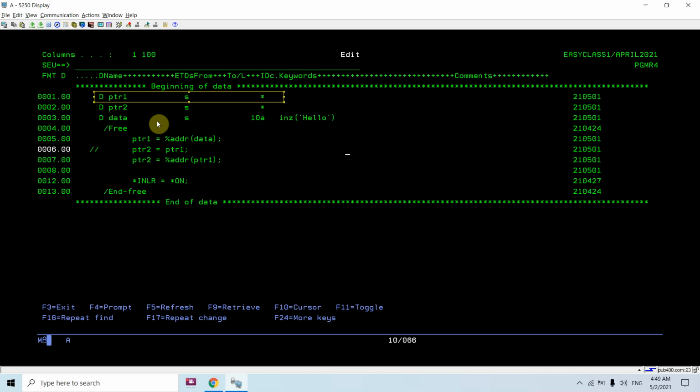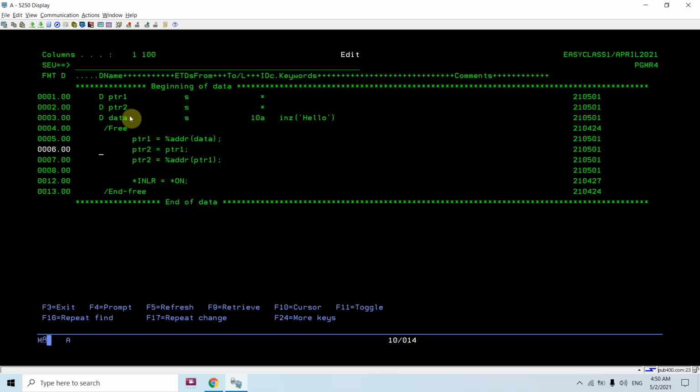Now that memory location also has some address, so that address gets stored into ptr2 using the %addr built-in function. So we are extracting the address of ptr1 now. Now ptr2 will hold the address of ptr1, not the value. So it will hold the address of ptr1, and ptr1 will hold the address of data. So basically you are holding the address of address.